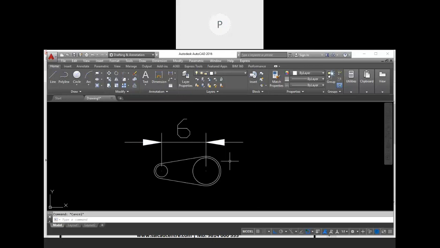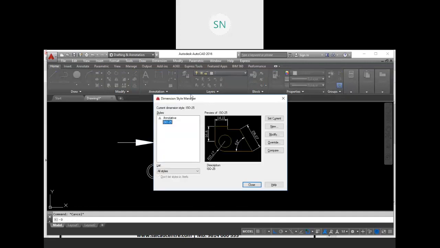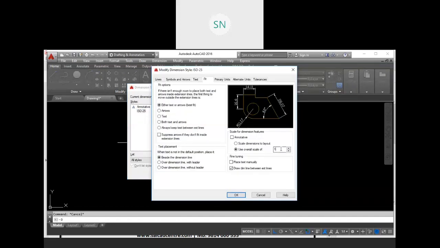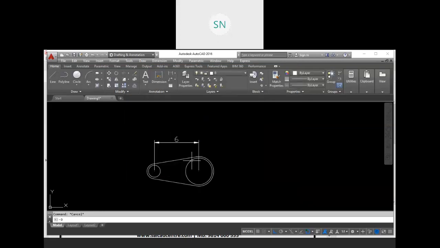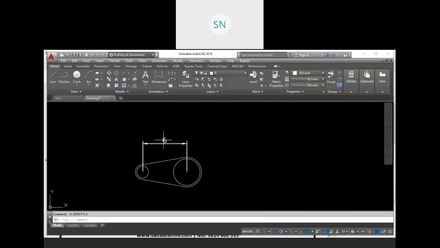Yeah. So for that, actually we haven't learned this thing yet. That we will discuss. We will try to cover this in today's session. So for that, you have to learn dimension style. From the dimension style, you can manage your arrow height, text height, and all the dimension text. Actually, we haven't covered this yet. We will cover this topic in today's session or maybe in our next session.